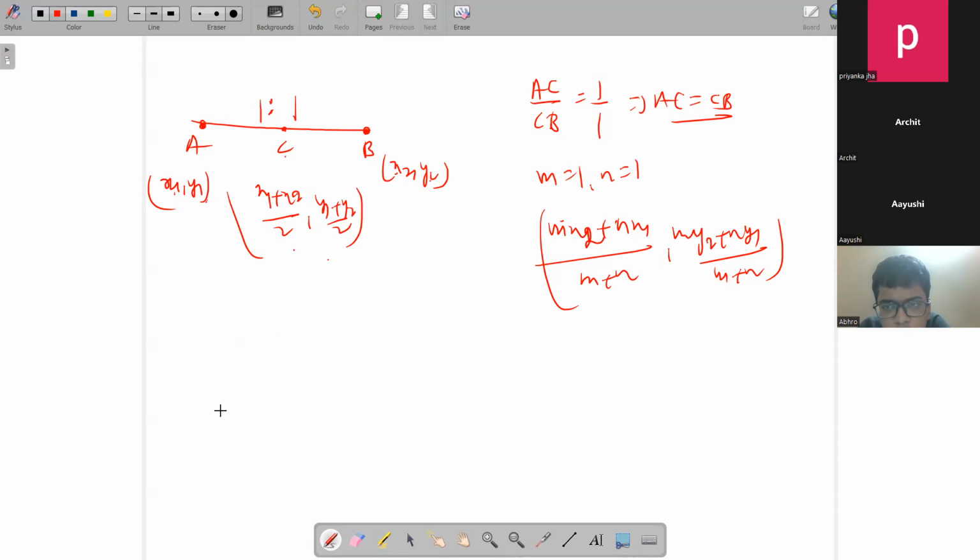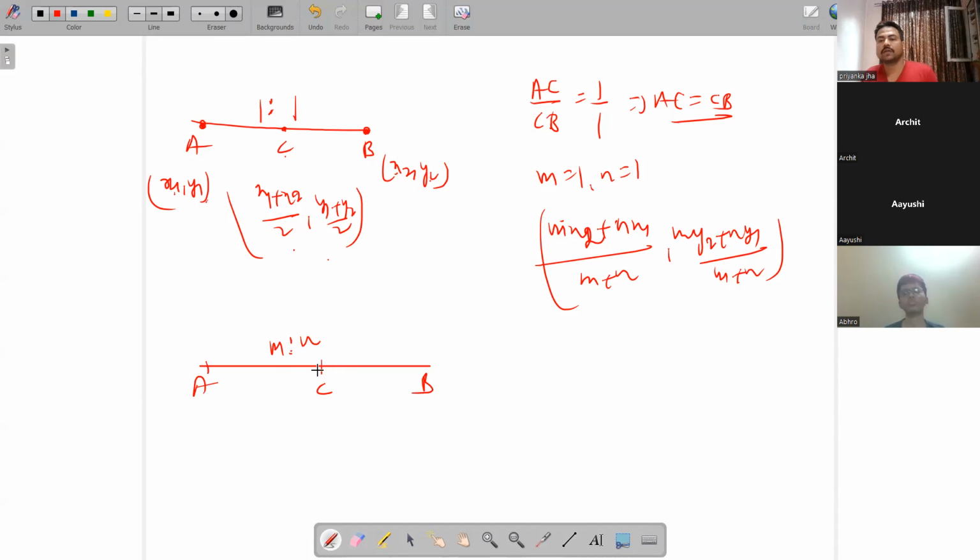And see, whenever we say that, suppose this is line AB. C can divide this into M is to N ratio. So in this, if you use M is to N ratio, you will see that there are two variables, M and N. So this can also be